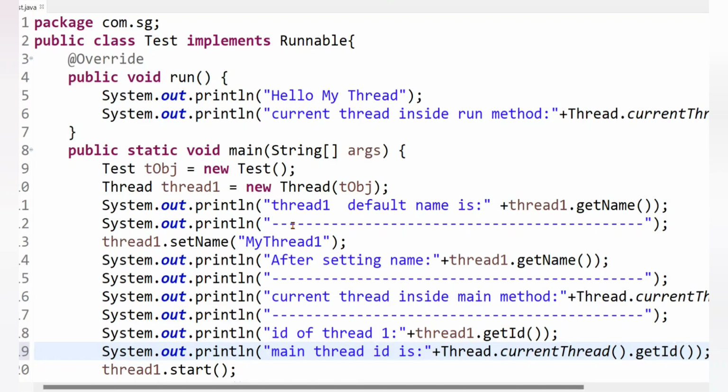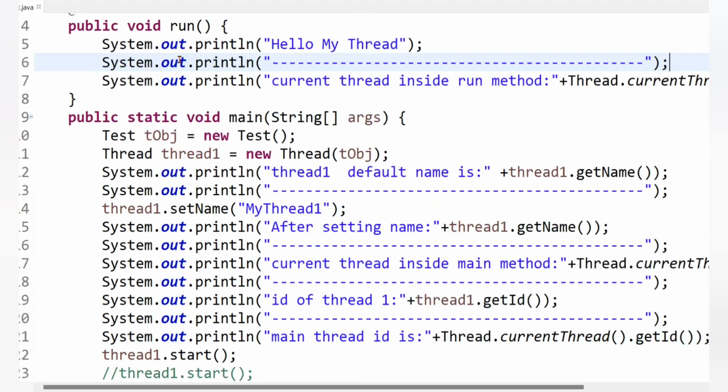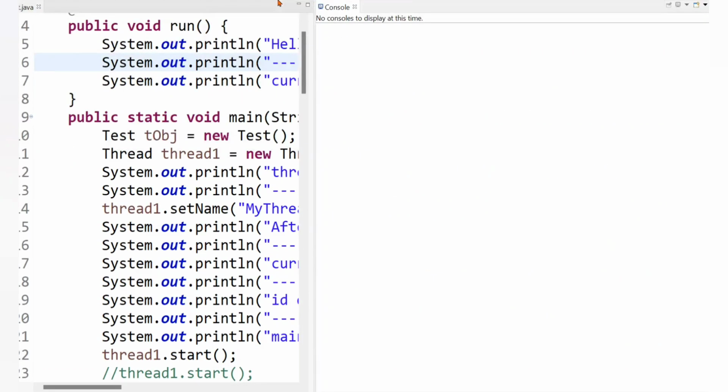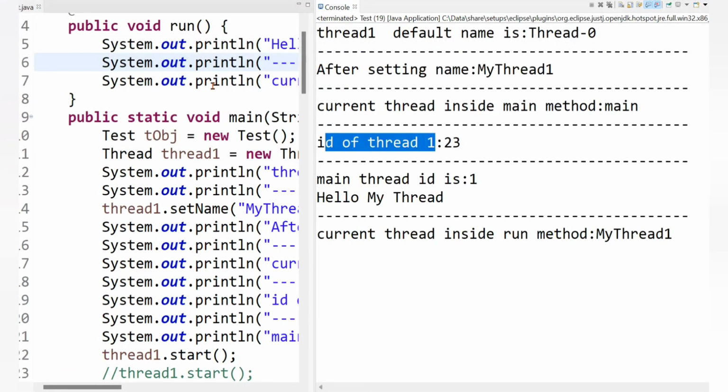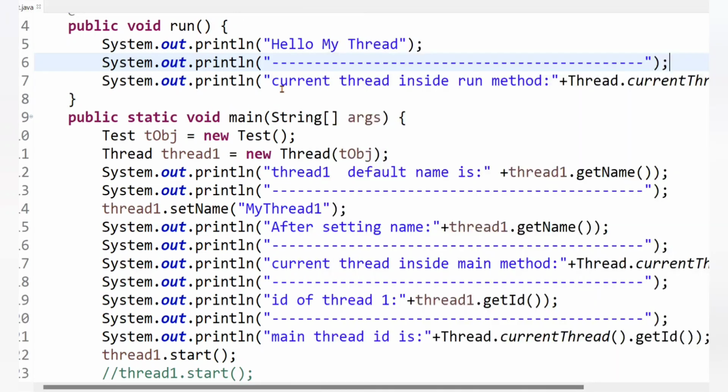It will return the id of the currently executing thread inside the main method, which is the main thread. Now let's run the code. You can see here thread 1 ID is 23 and main thread ID is 1. In this way we can get the id of a thread using the getId method.